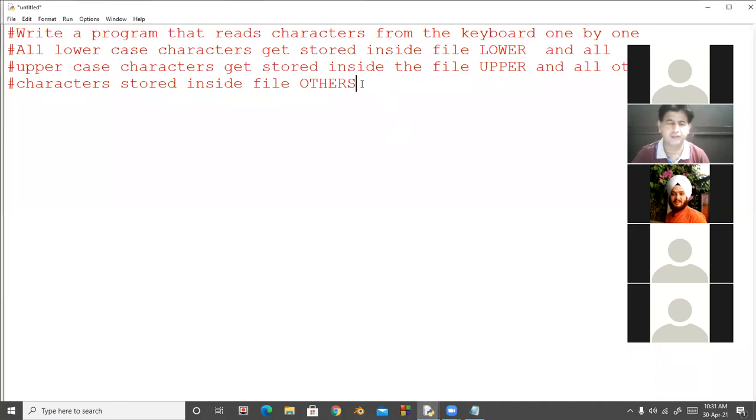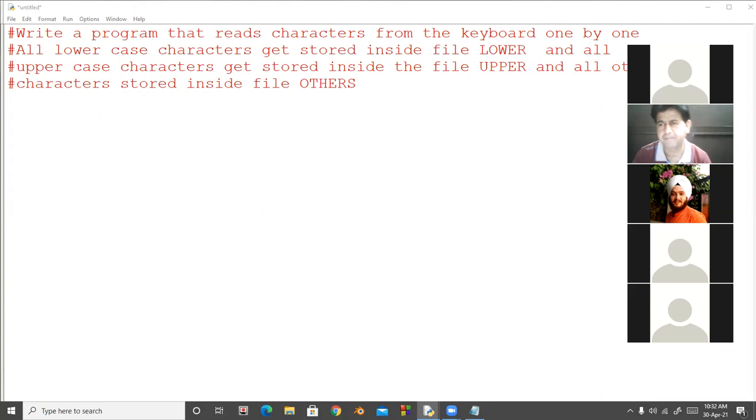Madhvya, tell me, is this question of reading or writing? This question is of reading or writing? Madhvya, your voice is not audible, beta. Writing.